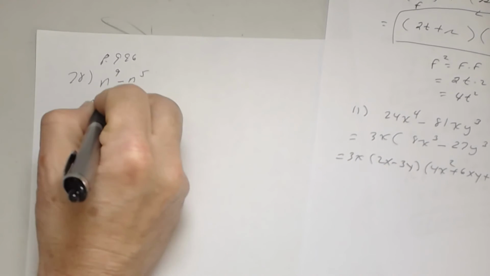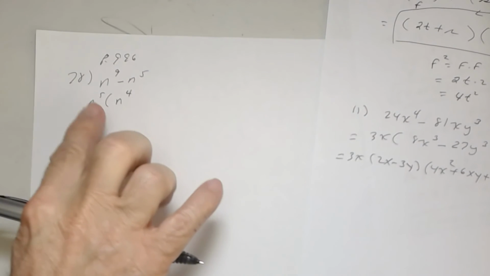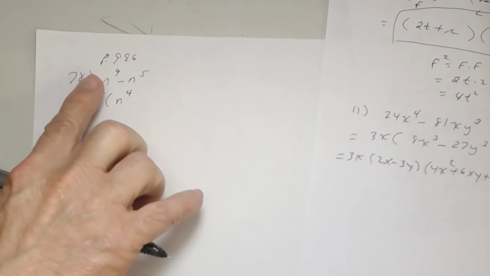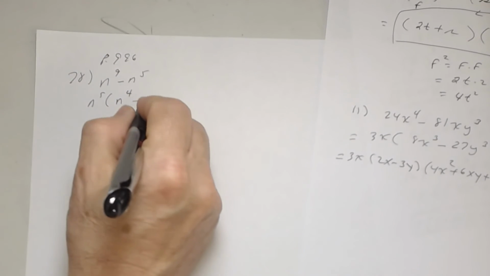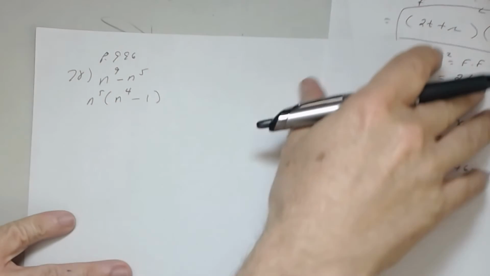So it'll be n to the 5th times what? n to the 4th. Because remember, when you multiply like bases, you add exponents. So n to the 5th times n to the 4th is n to the 9th. Minus 1. All right, so that's where I'm at. Is that the answer? No, because if you look at that n to the 4th minus 1,